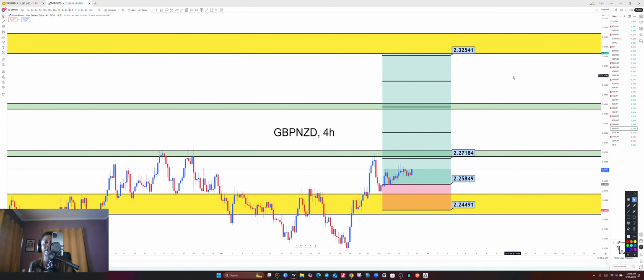But how can we add another trade or another opportunity to buy and go in the same direction that we think GBP NZD is going? It's very simple. Now on the 4H time frame, this is a higher high. This is also a higher low, and this is going to be a continuation move. So we are expecting the continuation move to break above the resistance level of the daily to give us a new higher high. We wait for a new higher low on top, and then we can add more entries in the same direction that we are already in as well. So for GBP NZD, this becomes our full and complete technical analysis.